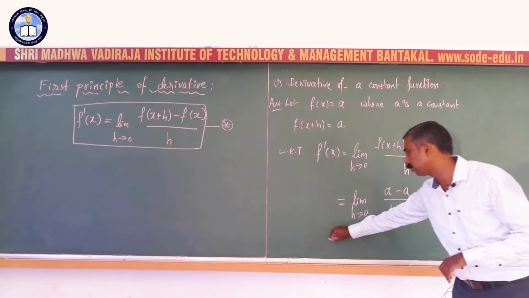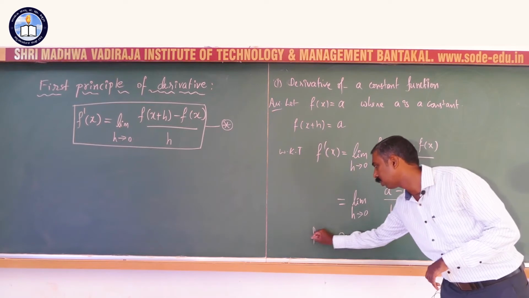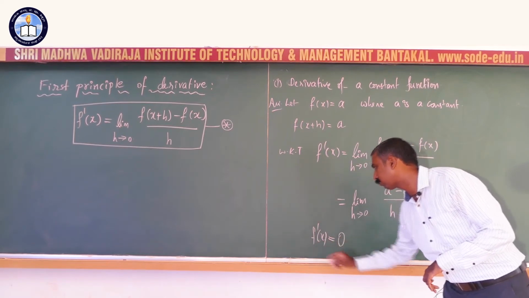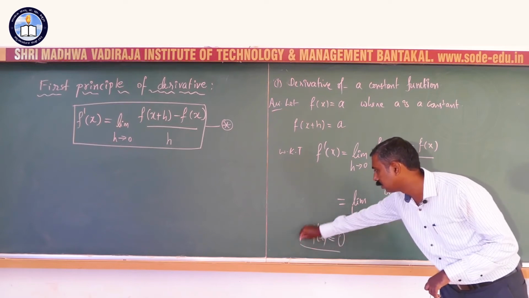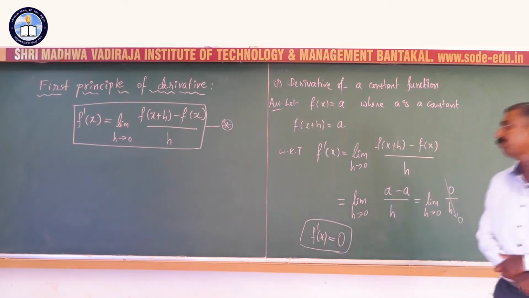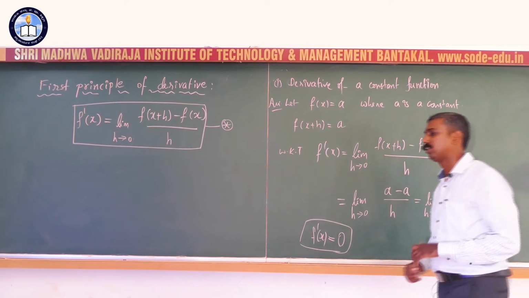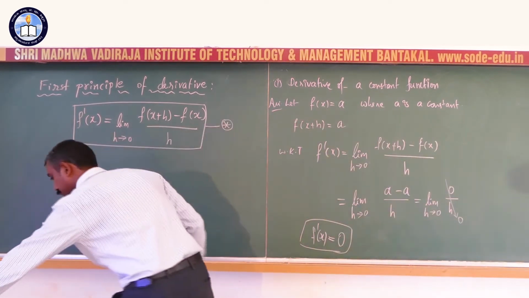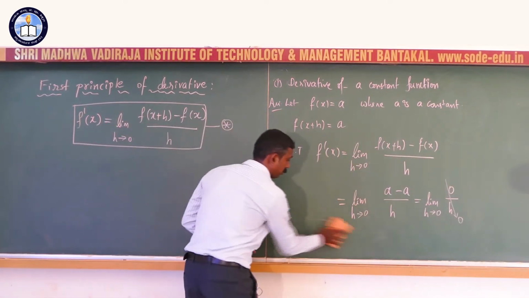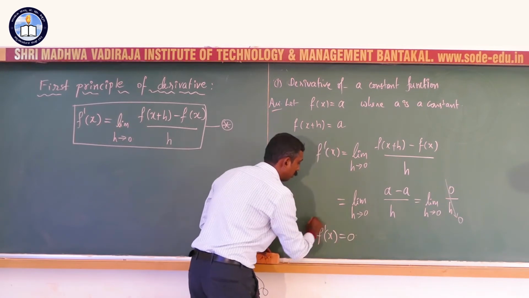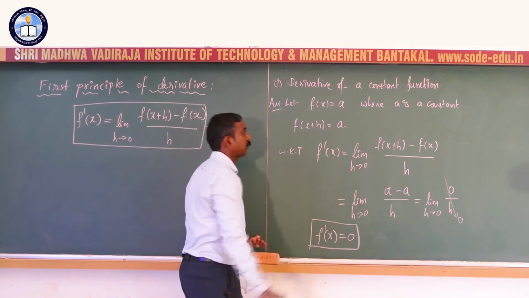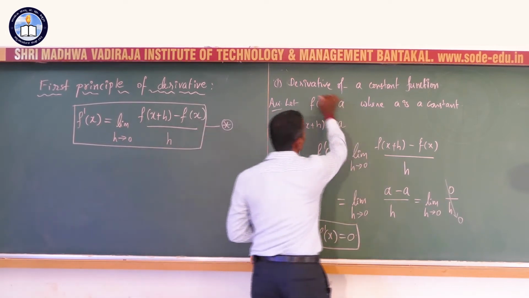Therefore, after applying the limit, you will get f dash of x is 0. So, f dash of x is equal to 0. In other words, derivative of a